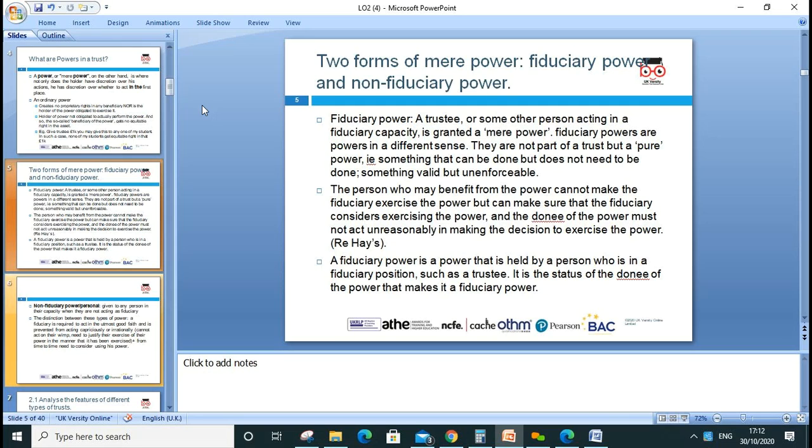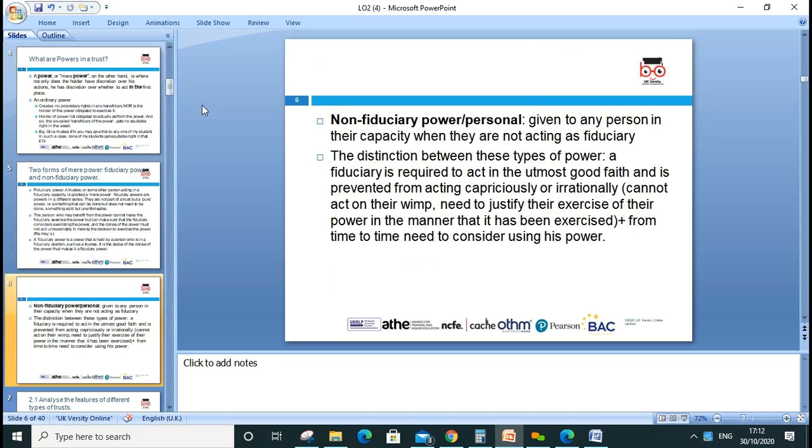They should make the reasonable decision. So the power that is held by the person in a fiduciary position, such as a trustee, it is the status of the donee of the power that makes it a fiduciary power. That has been given, that has been delegated. Any question? No. Okay, then